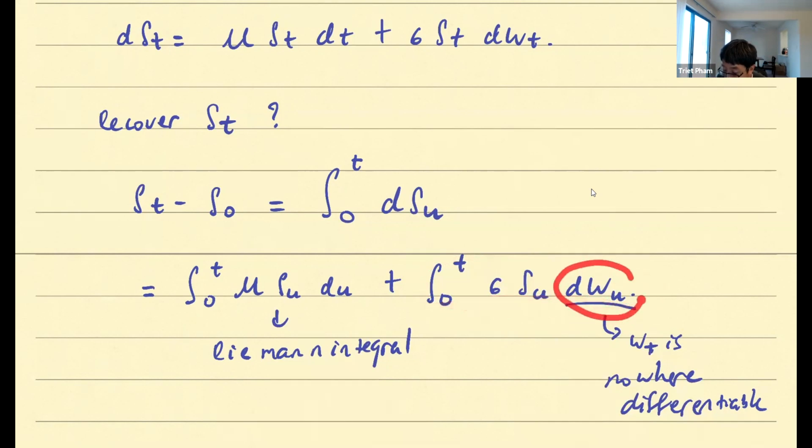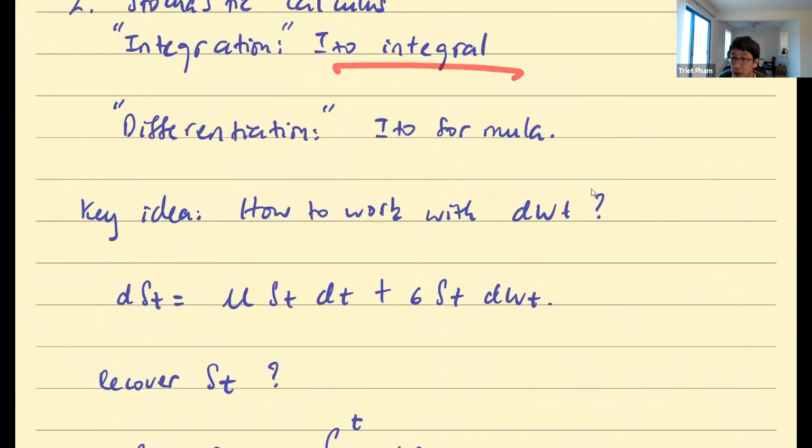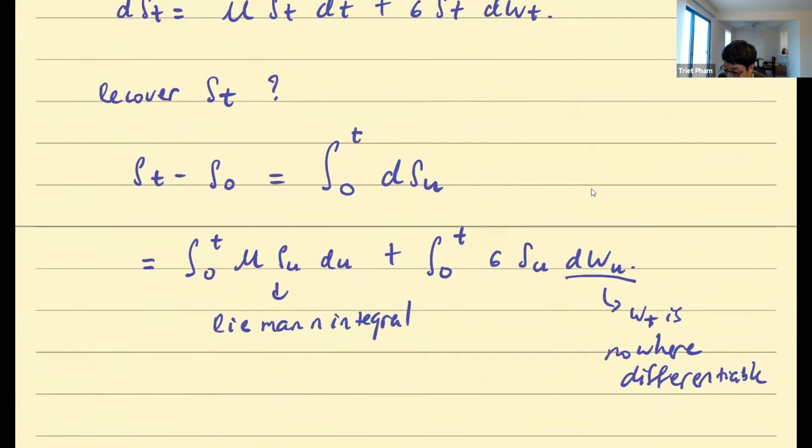And if these pieces are ill-behaved, in general, your integral will not converge. In other words, when you push the delta t to 0, you will not get any meaningful convergence out of this. Okay, so that's the story, in a very quick 5 minute explanation, of why something like an Ito integral needs to be defined, because you cannot define this convergence in the regular way as you define a Riemann integral. Okay, you cannot define it like that. You must have a special way to define this integral.